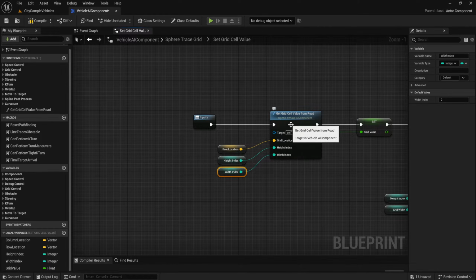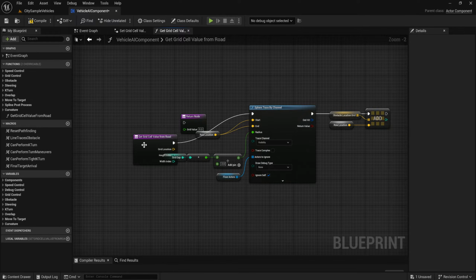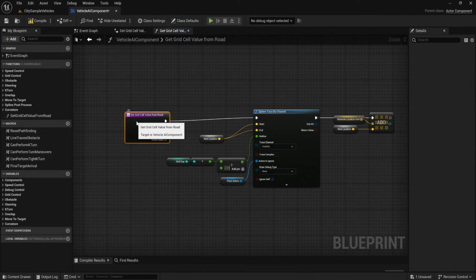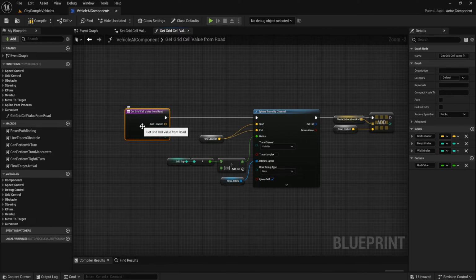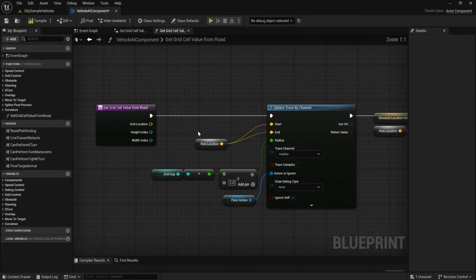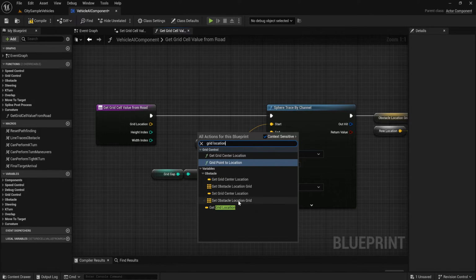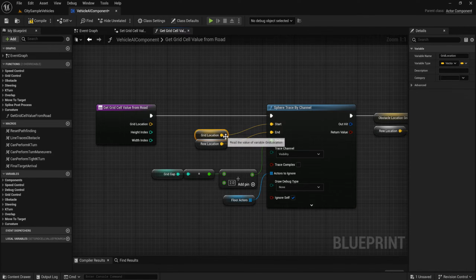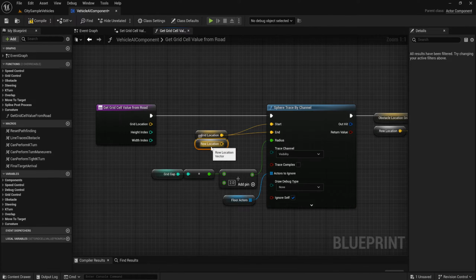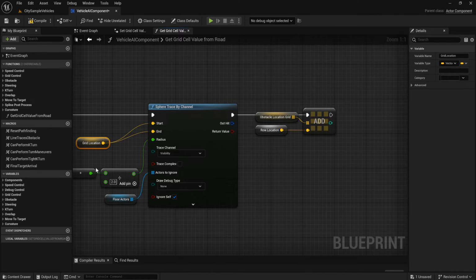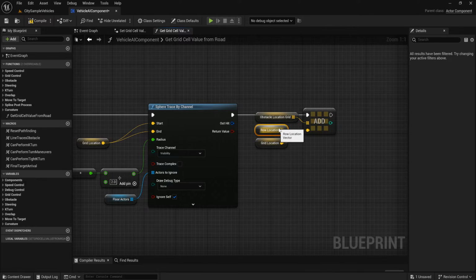And open this. This start and add is grid location. And this at we get this location, grid location,